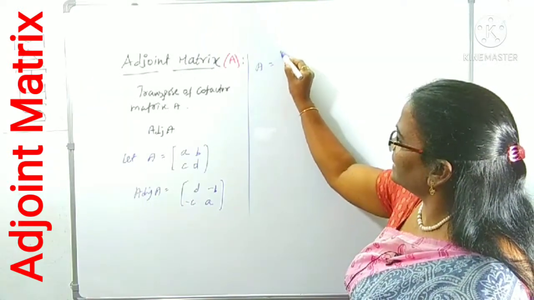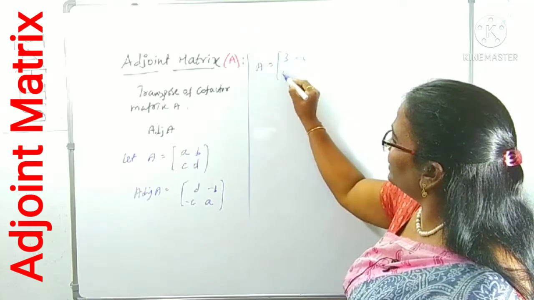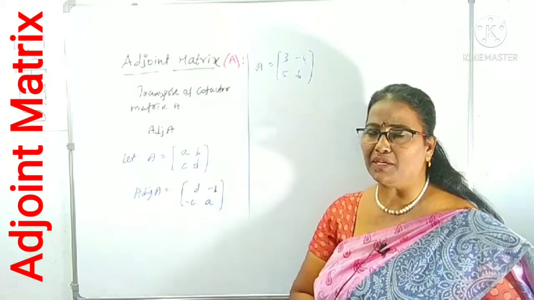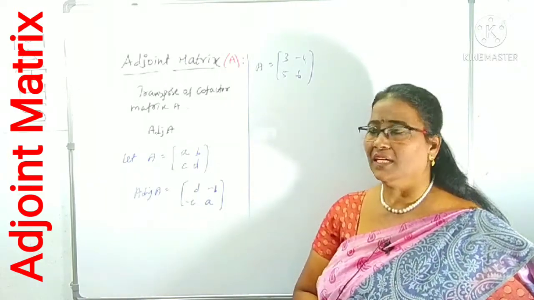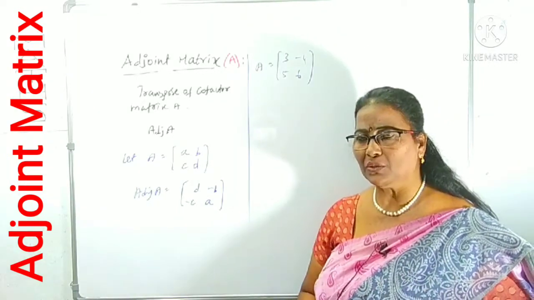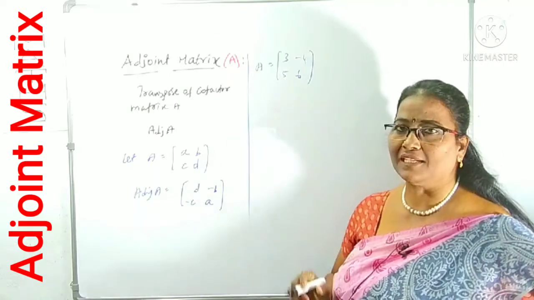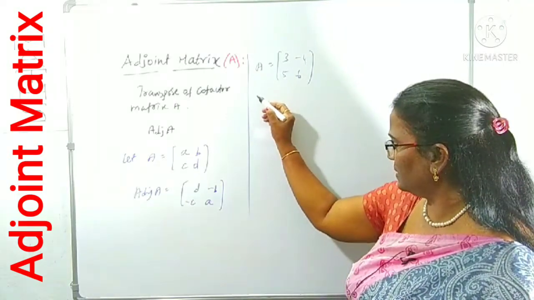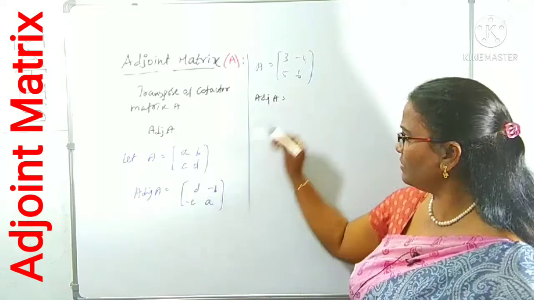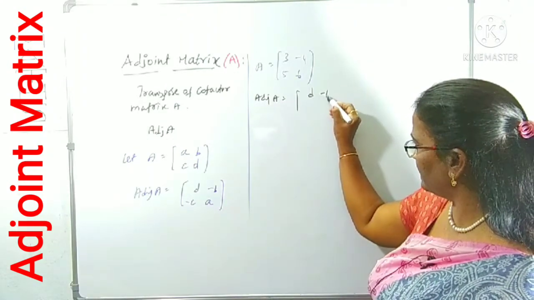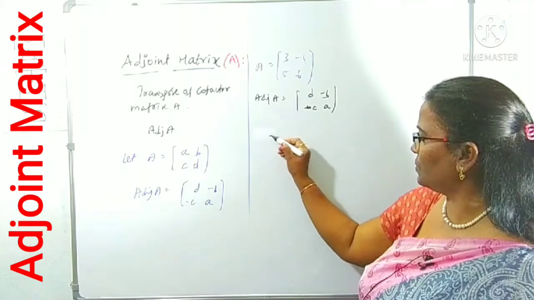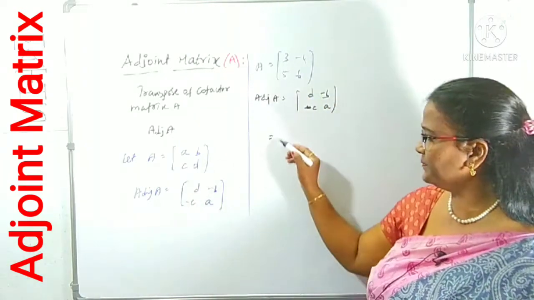A is one of the matrices given to you: 3, -4, 5, 6. What is adjoint A? Because this is a 2 by 2 matrix, if he gives it in the 2 mark questions, you can just write the formula and use it. The result is in what form here? Adjoint A is in the form of a, b, c, d or not? According to this formula, what is that? d, minus b, minus c, a, right?